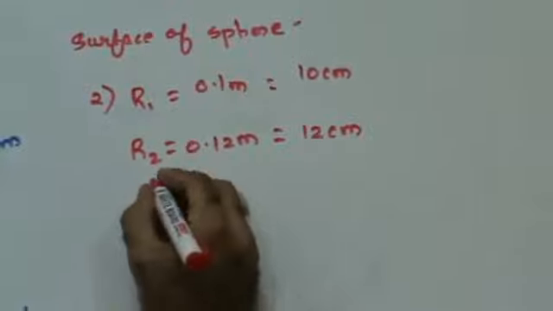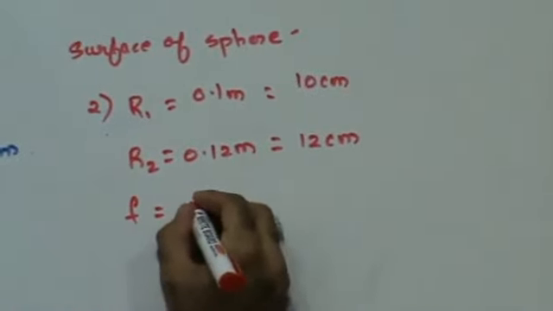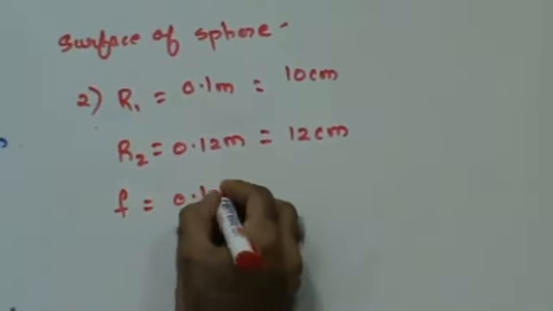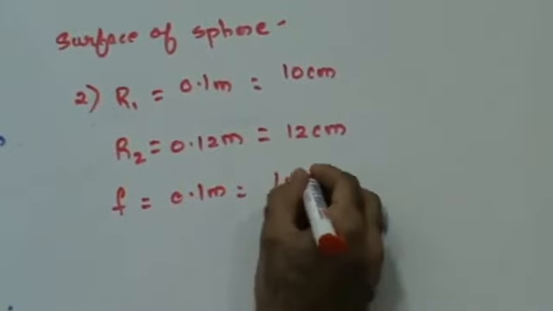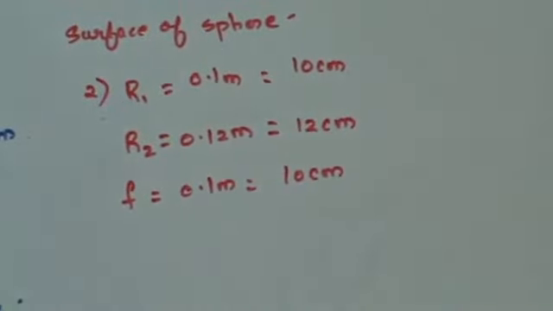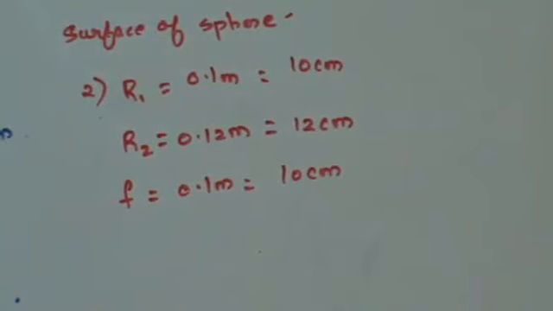If the focal length of the lens is 0.1 meter, find